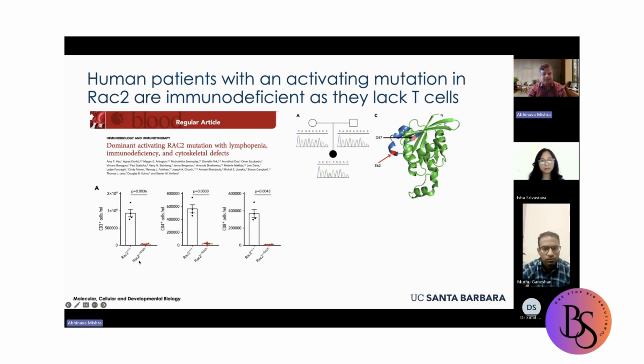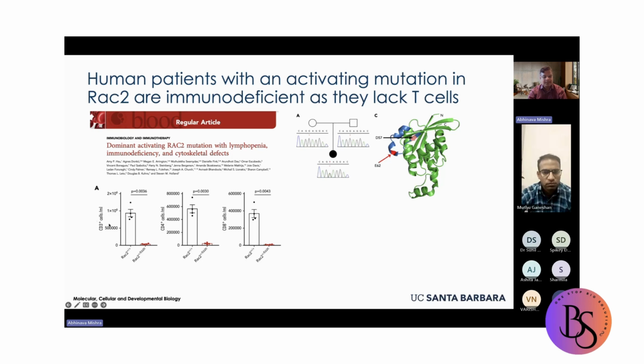disease. And you can see in this mouse model, these CD3 positive T cells or CD4 positive T cells, which are helper T cells, or cytotoxic CD8 positive T cells are all low in number, suggesting that these patients have lymphopenia or T cell lymphopenia, or loss of T lymphocytes. So they looked at the thymus of those animals, and the thymus was normal, so there was no problem with